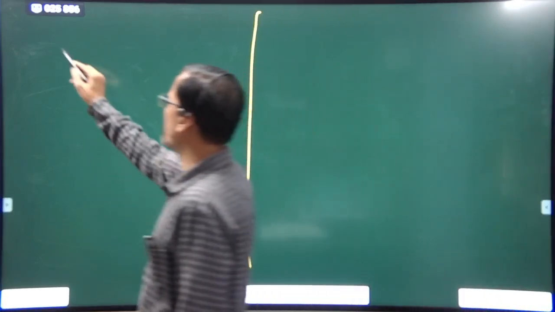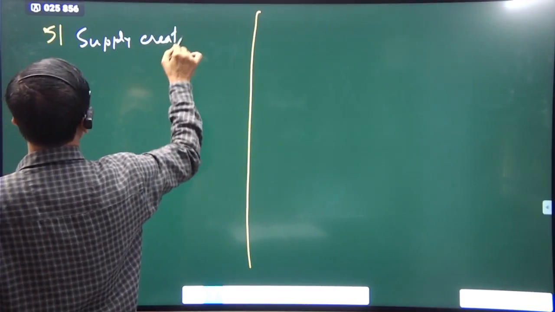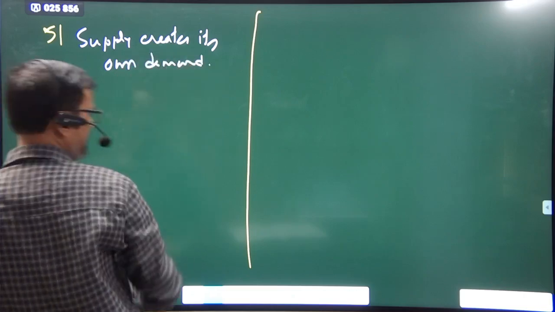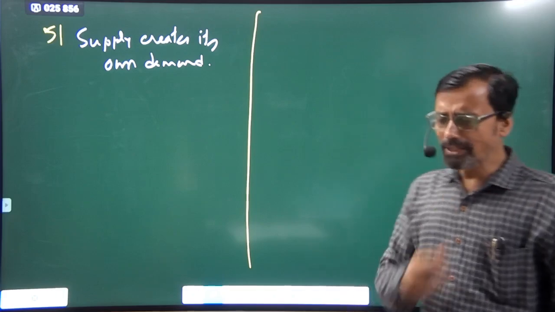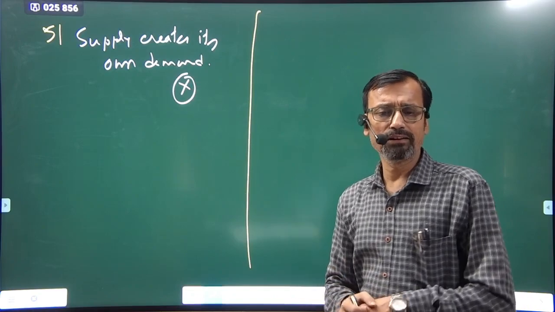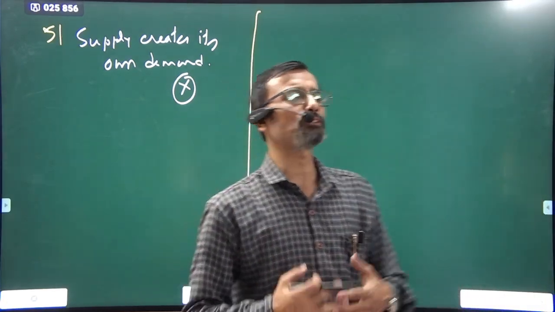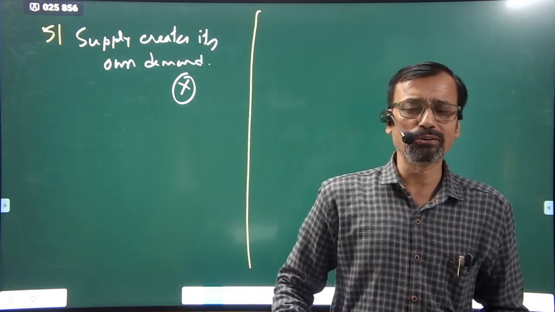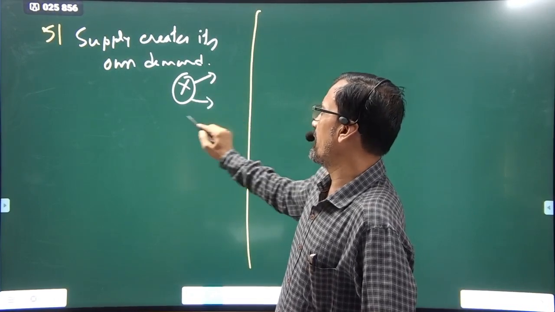That is, supply creates its own demand. Let's try to understand exactly what it is indicating. In order to produce anything, say X, factors of employment are to be employed, and that is why factor holders will earn money, and this entire money will be spent on goods that the economy produces. So in order to produce X commodity,